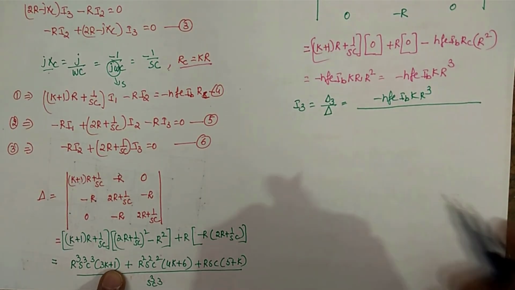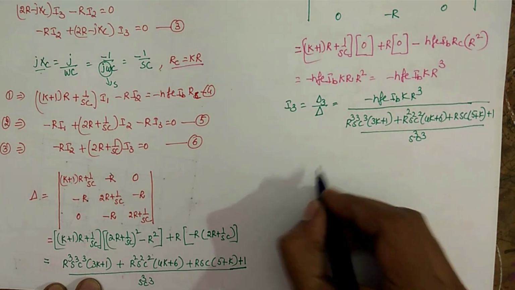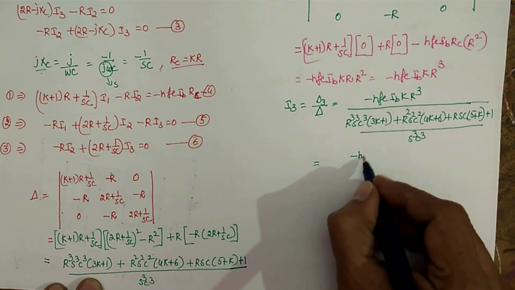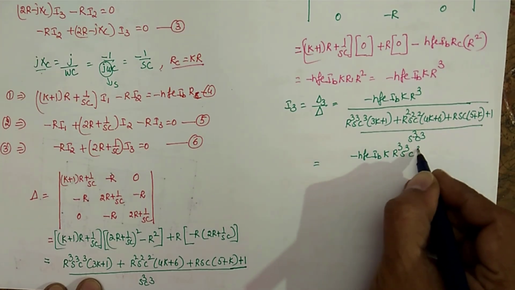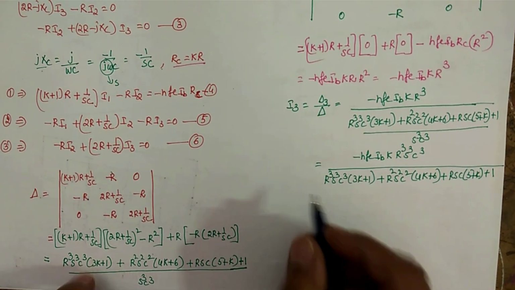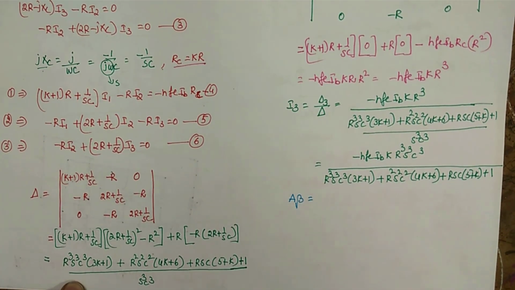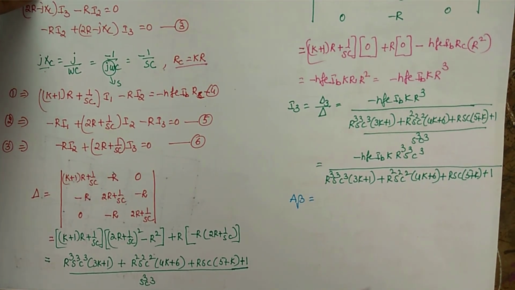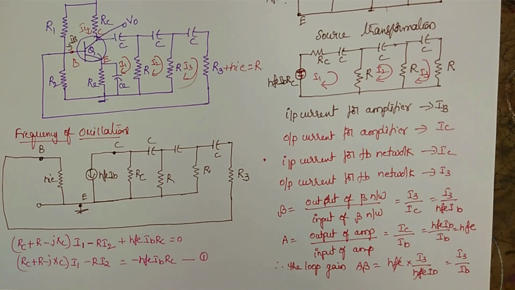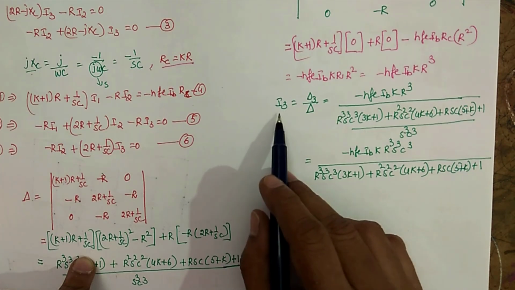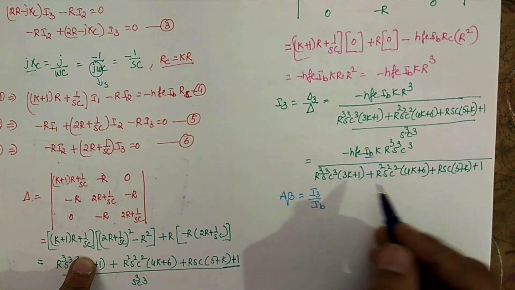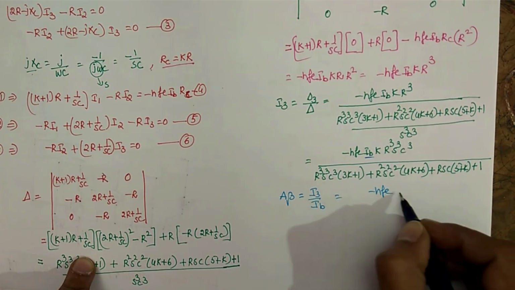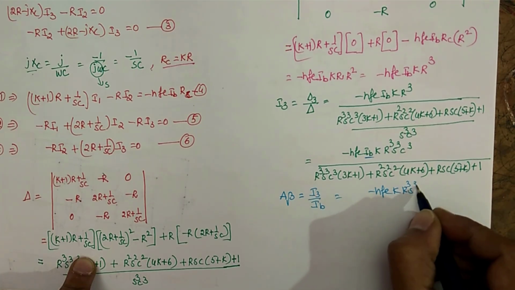So now this is your delta. Write the delta cube. So totally it will be HV IB KR cube S cube C cube by. For A beta, so A beta is what we got. See here, A beta is I3 by IB. Yes, this is I3. So if you make I3 by IB, this IB gets cancelled. So you'll be with minus HV KR cube S cube C cube by